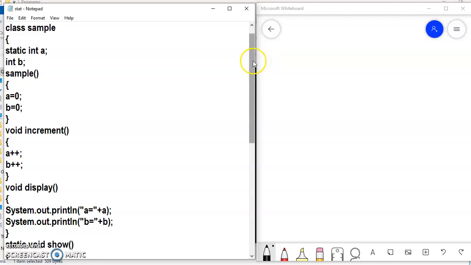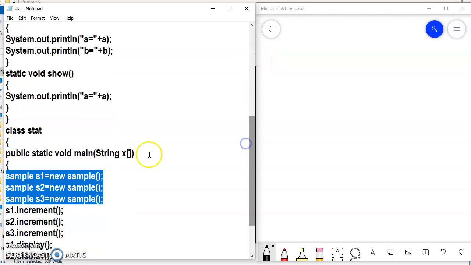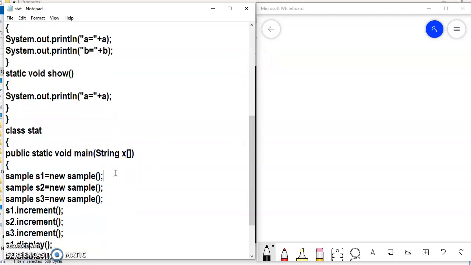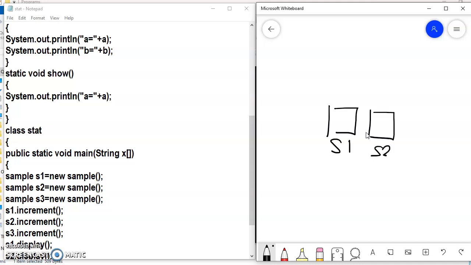So when I create object S1, to elaborate on this, let's see the example over here. When I create object S1, can I say it will create one block? The name of the block is S1. When I create object S2, it will create one more block. The name of the block is S2.